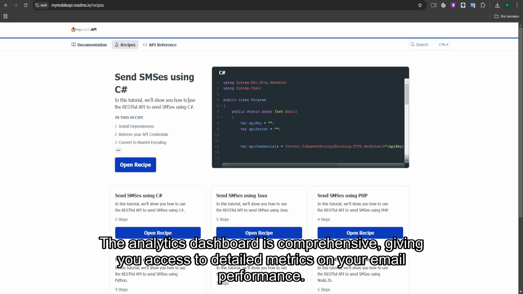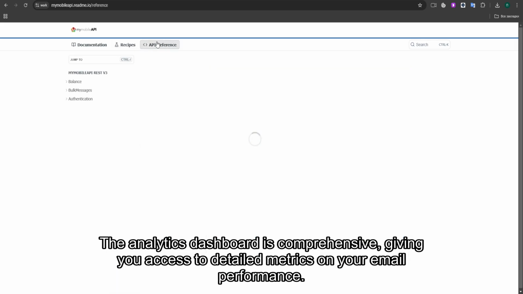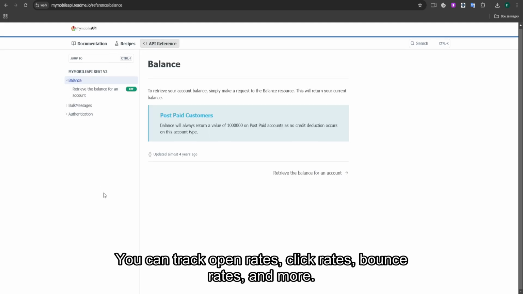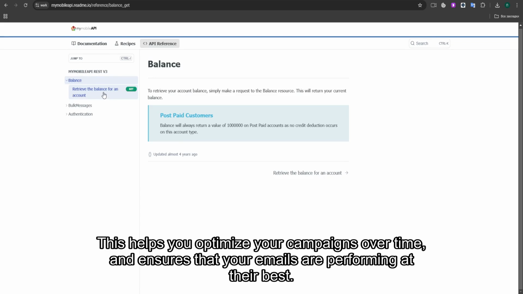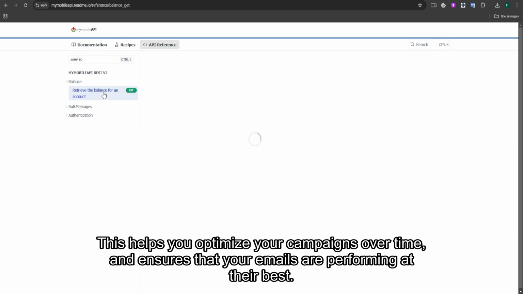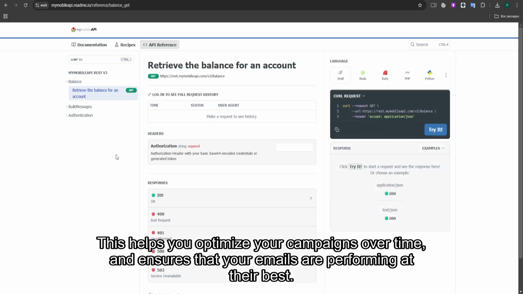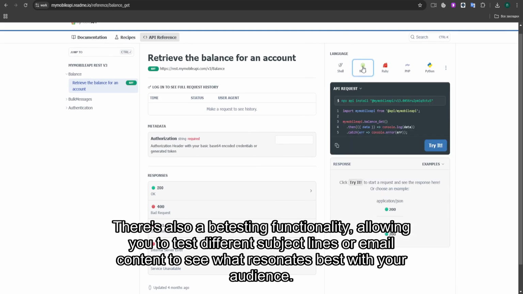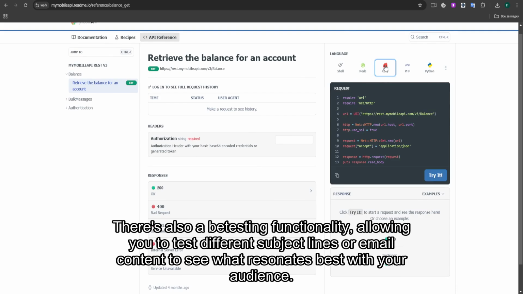The analytics dashboard is comprehensive, giving you access to detailed metrics on your email performance. You can track open rates, click rates, bounce rates, and more. This helps you optimize your campaigns over time and ensures that your emails are performing at their best. There's also A/B testing functionality, allowing you to test different subject lines or email content to see what resonates best